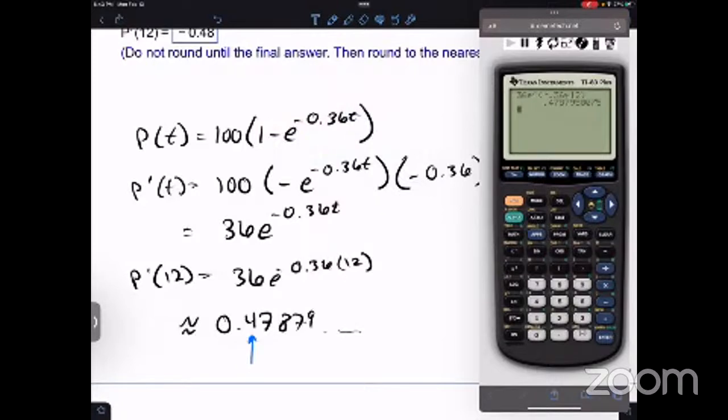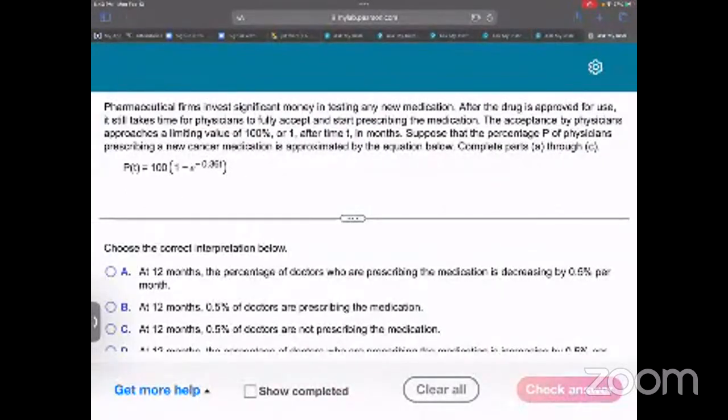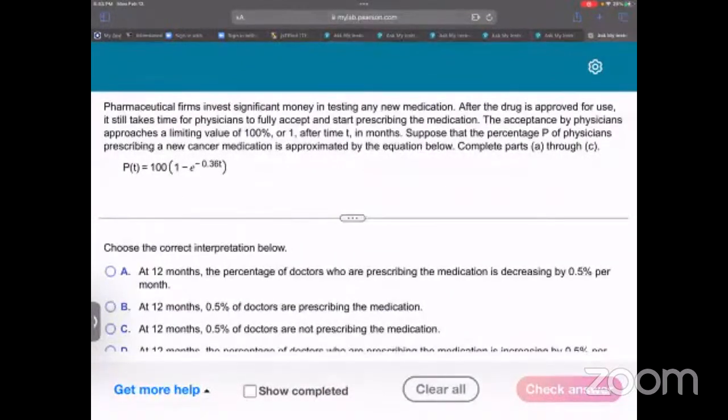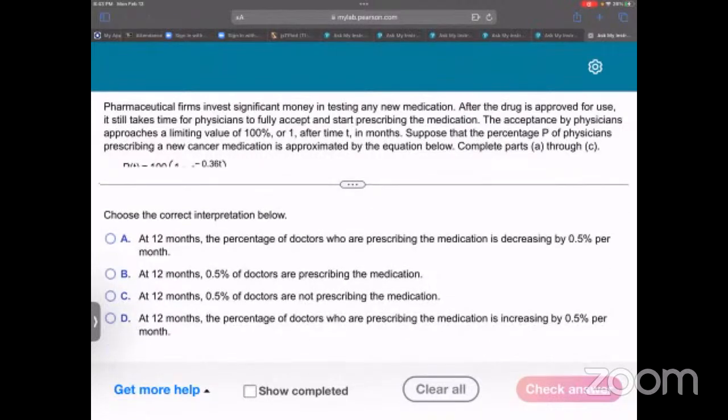So then, P prime is going to be the rate of change. Suppose that the percentage of physicians prescribing a new medication... So this is the rate of change of the percent of physicians prescribing this medication. That feels like a tongue twister, right? At 12 months, the percent of doctors who are prescribing the medication is increasing by, it's a rate of change, right? 0.5% per